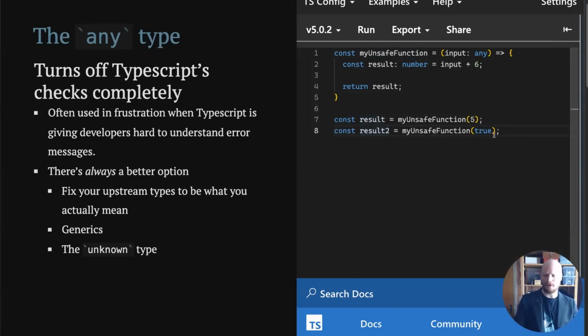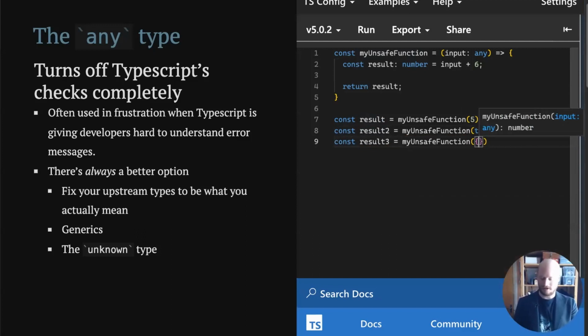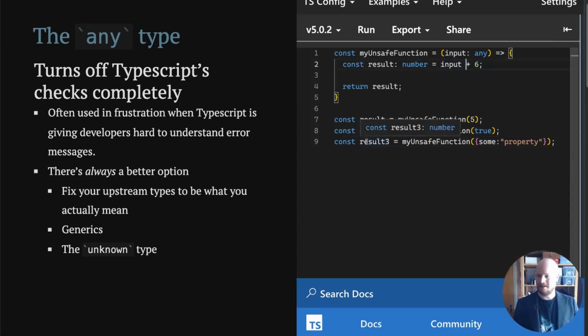In this case, it probably would be a number because true would be 1, so I think we would get 7 out of this, but never mind. But if we do result3, my unsafe function, some property, in this case, we're passing an object into this function and adding 6, which will throw a JavaScript error in the browser. However, TypeScript just says, this is a number, because you said that anything goes here.